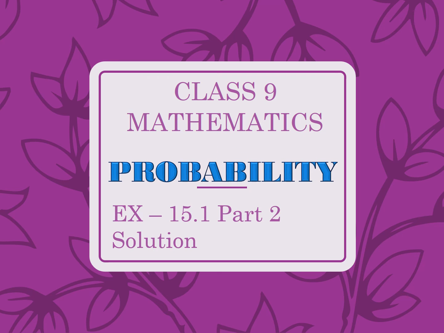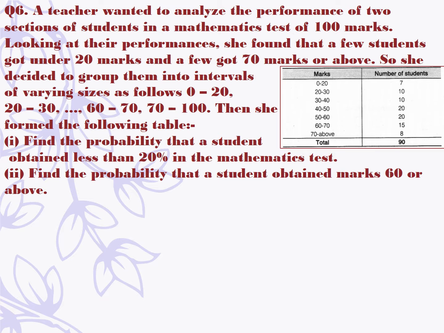Exercise 15.1 from your NCERT book. Question number 6. A teacher wanted to analyze the performance of two sections of students in a mathematics test of 100 marks. Looking at their performances, she found that a few students got under 20 marks and a few got 70 marks or above. So, she decided to group them into intervals of varying sizes as follows: 0 to 20,